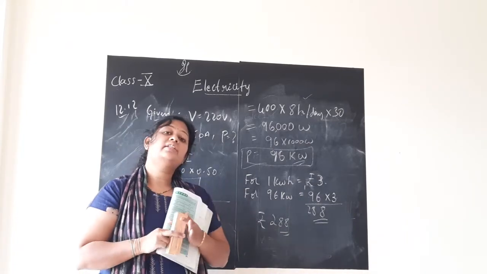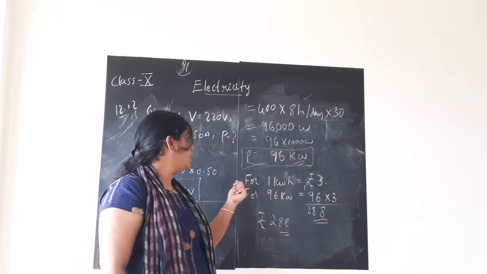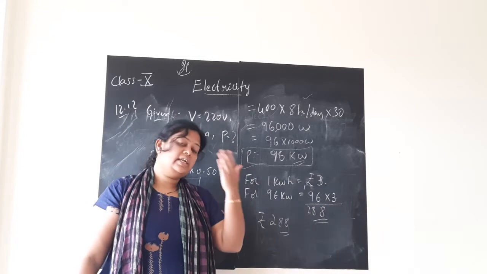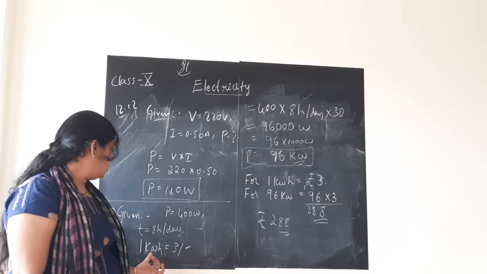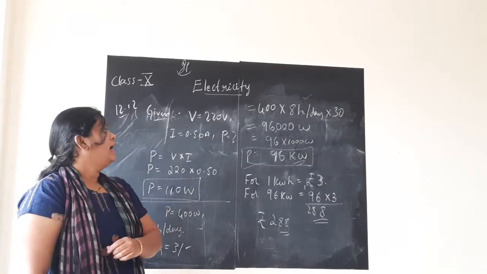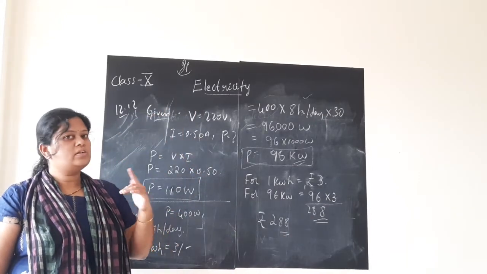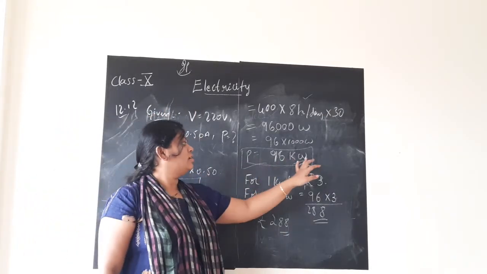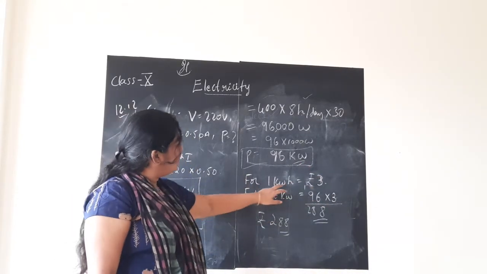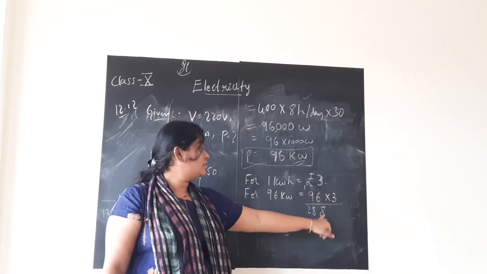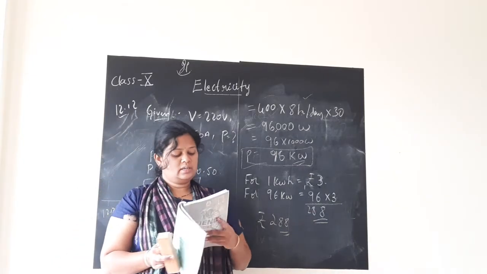That is how even the people will come from the Bescom to take the meter reading and find out the electric bill for your month, children. This is how you calculate it. For 1 kilowatt hour they fix the amount and they look at your meter reading. So many kilowatt hour it will show. You can check it yourself and easily guess what your electric bill would be. So for 1 kilowatt hour if they are charging 3 rupees, then for 96 kilowatt hour you need to pay 288 rupees. So this is about the problem, children.